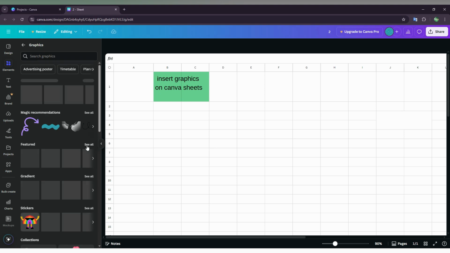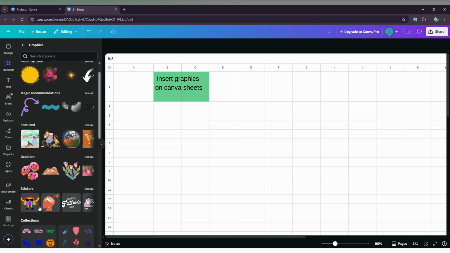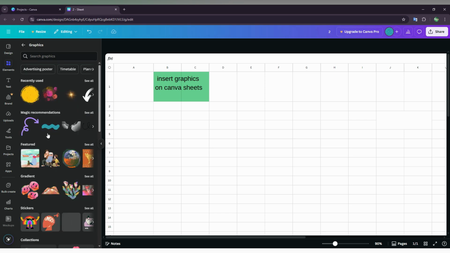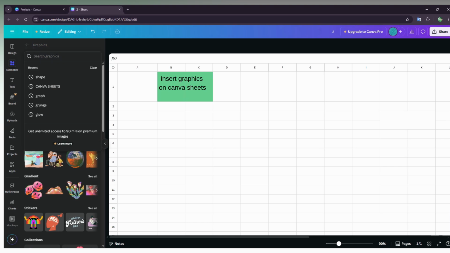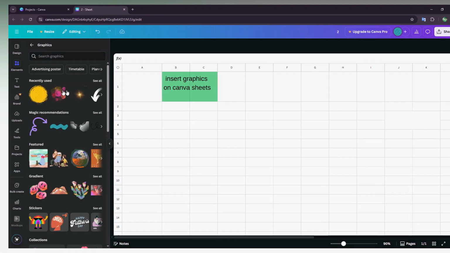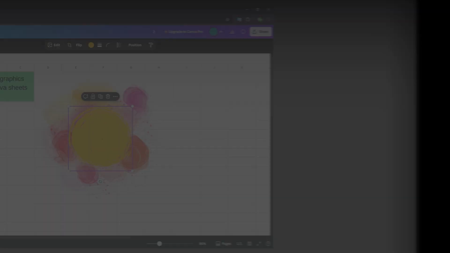Click on the "See all" option, and here you can find recently used on the top, then magic animation, and featured, gradient, stickers and collections. So if I just need a gradient, you can just search for gradient or any shapes, whatever you needed. So you can just click this and just insert whatever the shape or whatever the graphic is